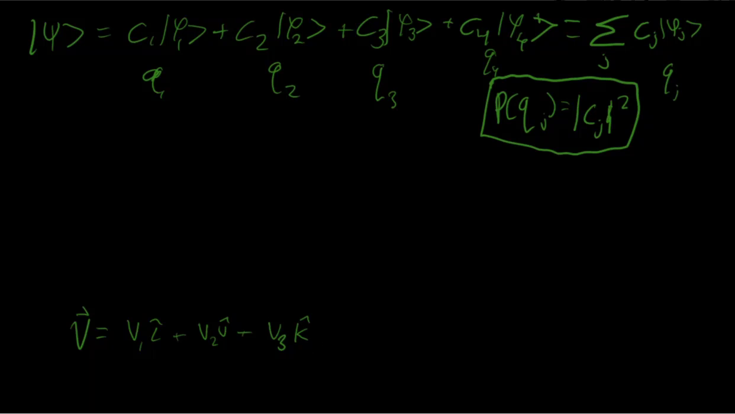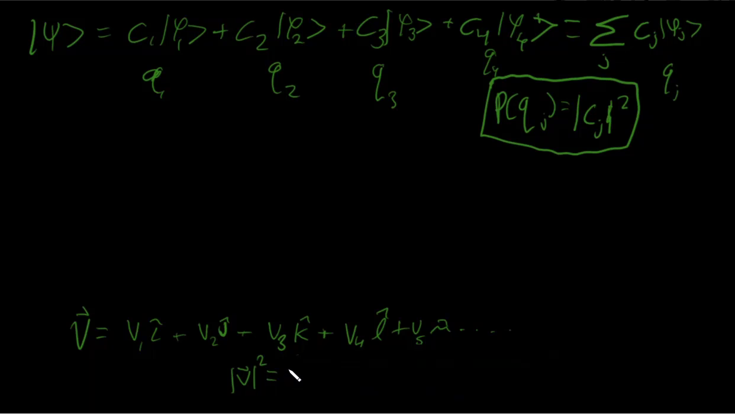Where k hat is the unit vector in the z direction. Plus, we can come up with even one more, V4 times l hat, plus V5 times m hat. You can go on, and it turns out that the magnitude of this vector is going to be the square root, just like in the Pythagorean theorem, right? Or we can actually say, probably even better, the magnitude of this vector squared